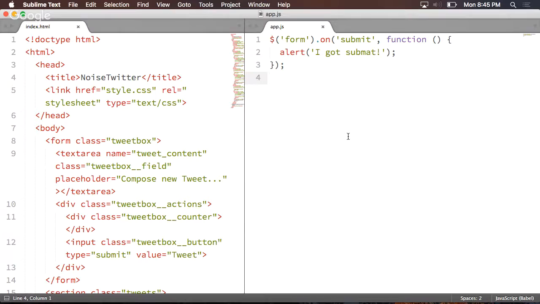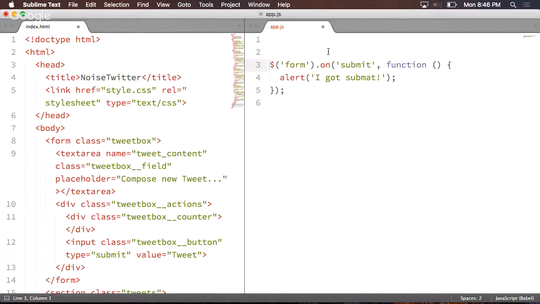Yeah? So the dot on, is that specific to jQuery? Nope. Well, on is specific to jQuery, but the ability to say dot onto something else is part of JavaScript. So if I were to split this out further, the first thing I could do is say var form is form. Now that I have assigned the result of calling this jQuery function to form, which of course is that array that I was talking about earlier, now I can just say